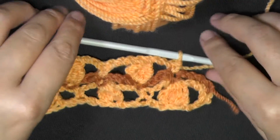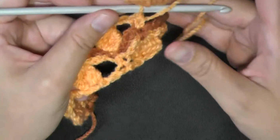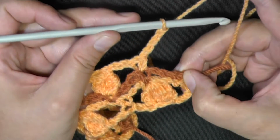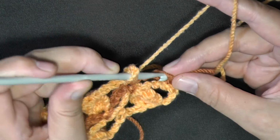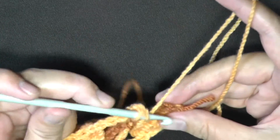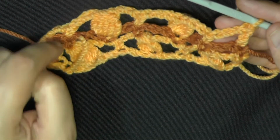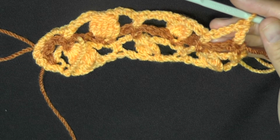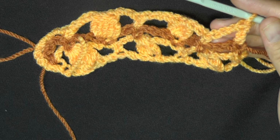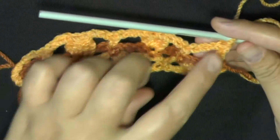Okay. I've come up to my end, just finished my popcorn cluster and put my single crochet. And now I'm at the end of my row here, so I'm going to chain 3. And then in the very last stitch here, your single crochet, you'll want to do a double crochet. So pretty much from now on, you'll always be doing a double crochet, and then you'll be chaining. You'll be chaining 6 before you start your next row. Just repeating these 2 rows over and over again. So the row you just did here will be 1 repeat